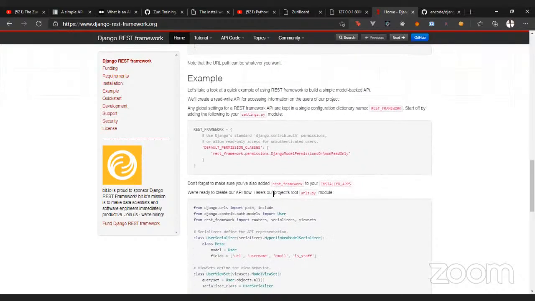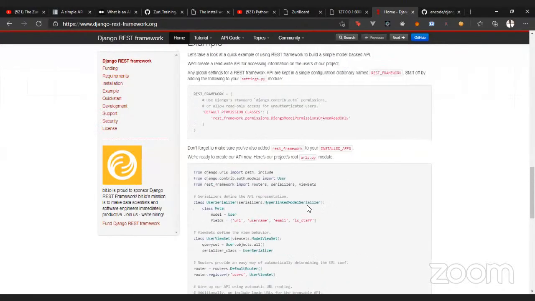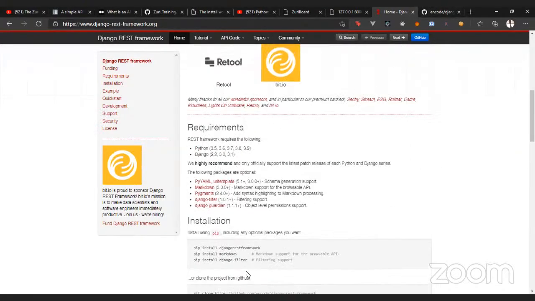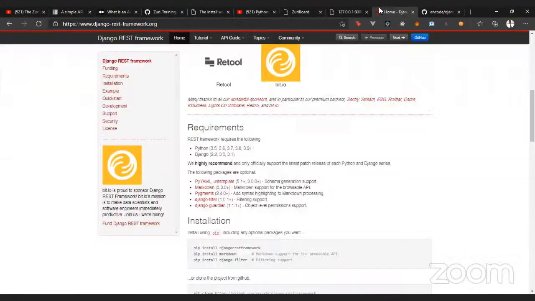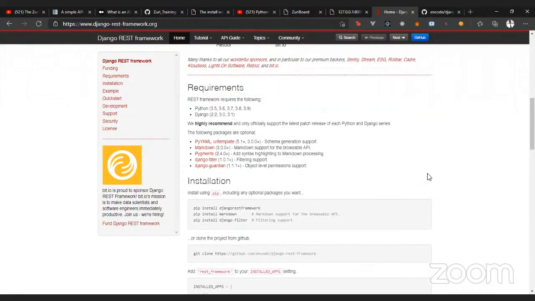All right, so you can just go through the rest of the documentation, right? So let's view the browsable API. I think probably I need to mute. Okay, yeah, quiet now, right? So yeah, where were we? We added